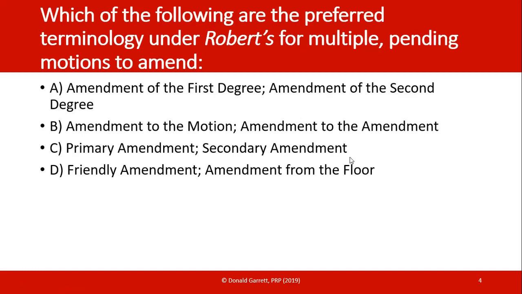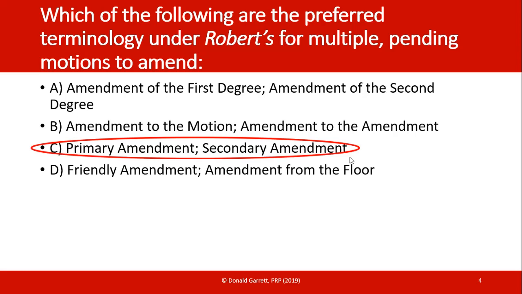So I have here, which of the following are the preferred terminology under Roberts for multiple pending motions to amend? This one's always fun. So we have the different options for A, B, C, D. And what I'm going to do is advance, right? And look, see, I had a circle go around C, just like if it was a real test where you